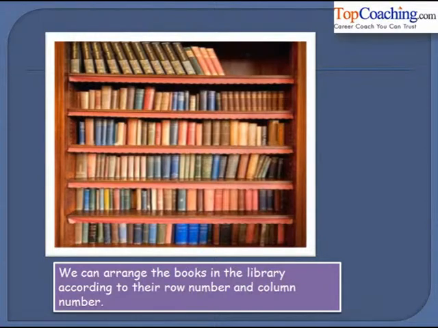So this is actually the reason why we study the Cartesian plane or coordinate geometry. Coordinate geometry helps us to know the exact location of any point in a plane, and this plane is the Cartesian plane. So why do we study Cartesian geometry? The first and foremost purpose of Cartesian geometry is to help us to locate any object with respect to any plane. This plane is known as the Cartesian plane.